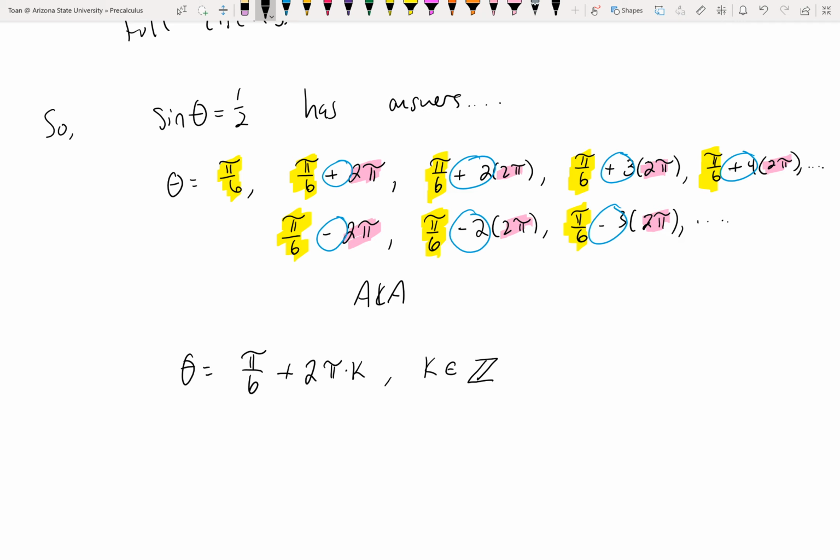This is the mathematical way of saying that your answer is pi/6, but this plus 2 pi k business says you can go around a full circle as many times as you want to generate another answer. And this just declares that this parameter k has to be a positive or a negative whole number. That right there will give me every single answer possible